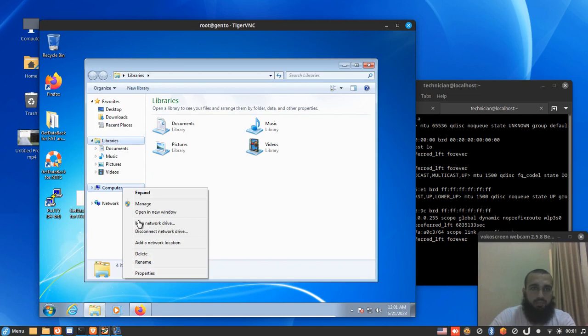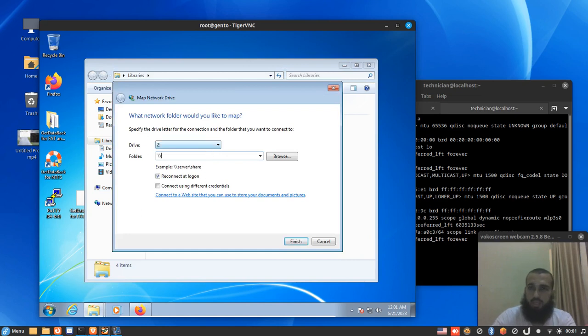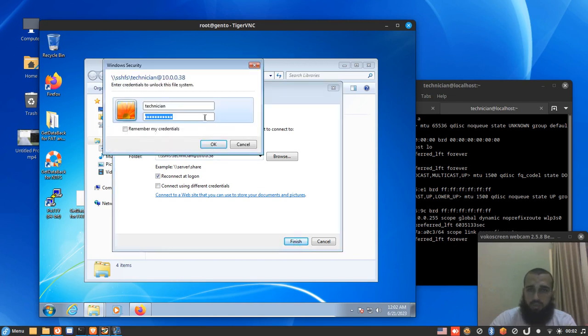Right click, map network drive, and then backward slash two times, username, password, sorry, before username, after the two backward slashes, you type SSHFS and backward slash, and then username at IP address or your host name, depending on your situation. Sorry, I delete that extra 0, and then finish. You put the password of your username,